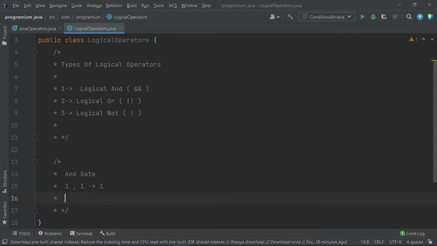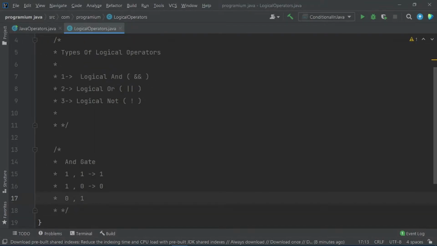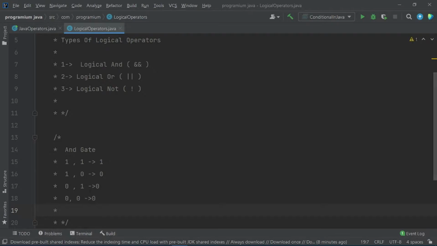But if one value is 1 and the other is 0, then the output would be 0. And again, if any one of these values is 0, then the output should be 0. But if both of them are 0, then the output again has to be 0. So this was the AND gate.